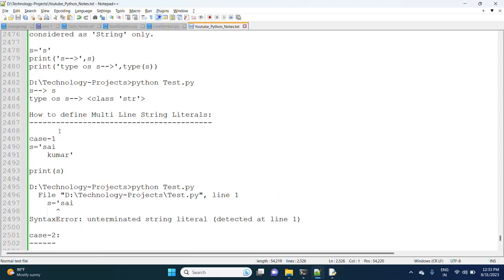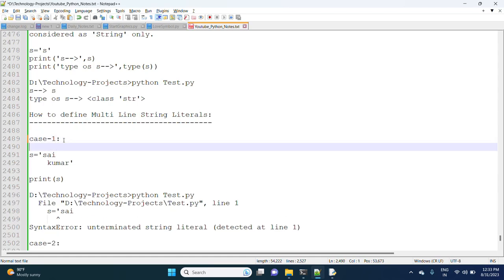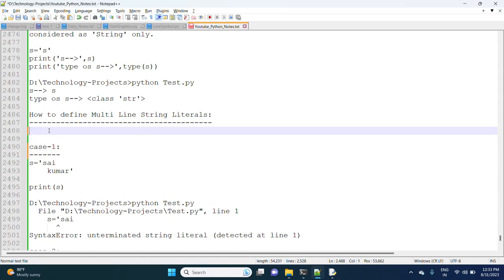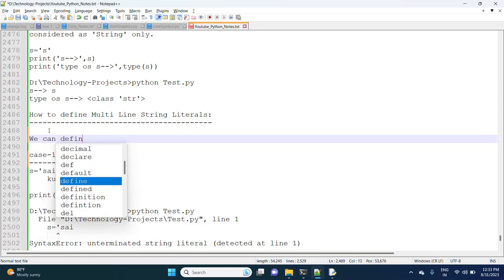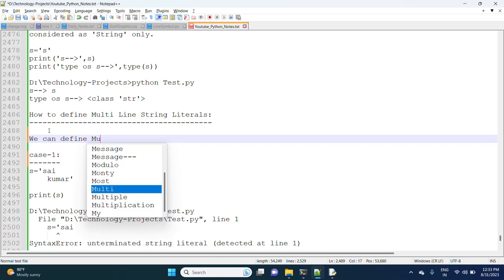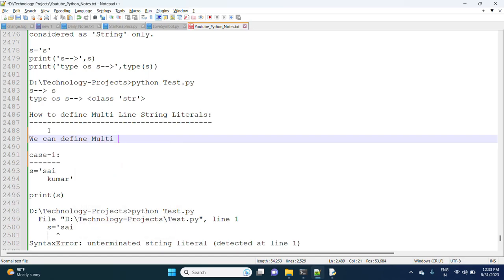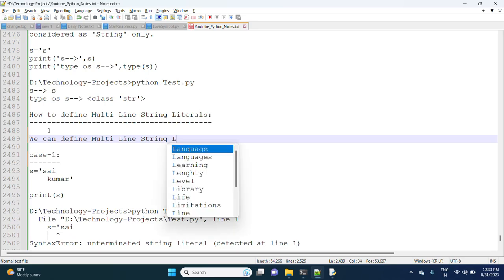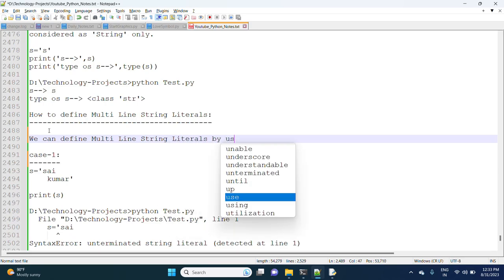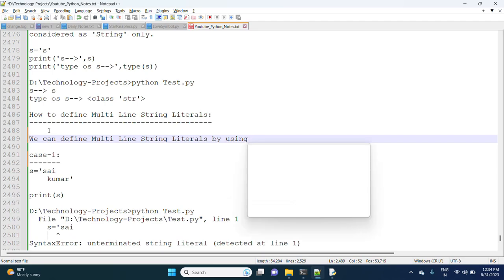Now the conclusion is: we can define multi-line string literals by using triple quotes only.